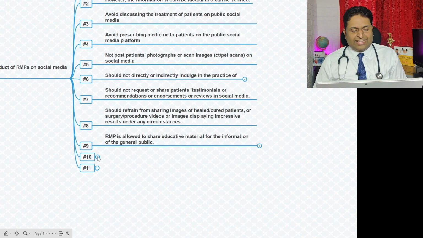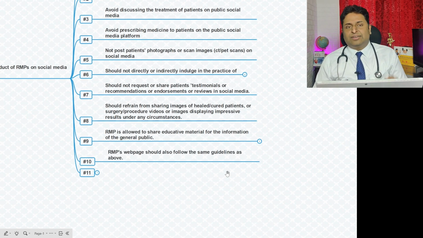And then we have the 10th point, that is, the registered medical practitioner's website should also follow the same guidelines as above. So no SEO, no paid marketing, no connecting with other healthcare platforms, no testimonials, no before and after treatment things should be put on these websites. Very important.